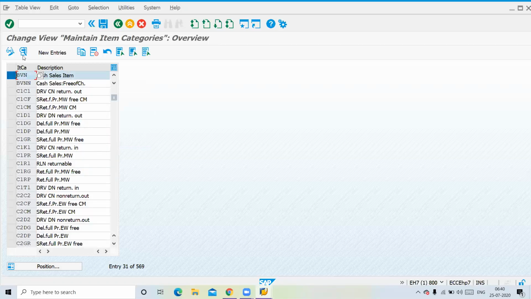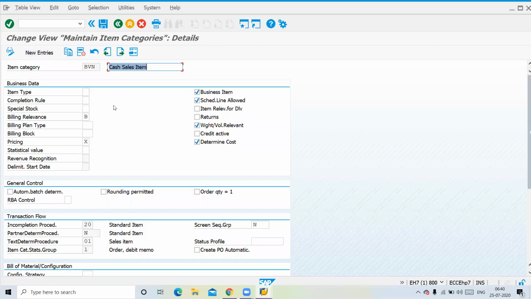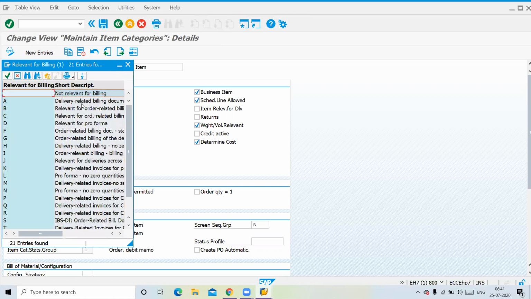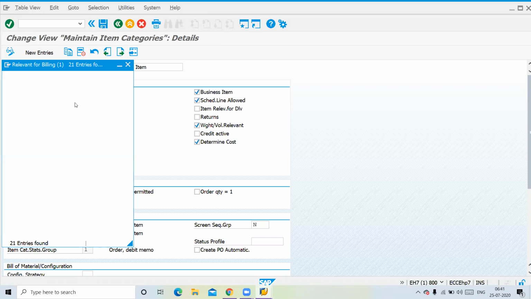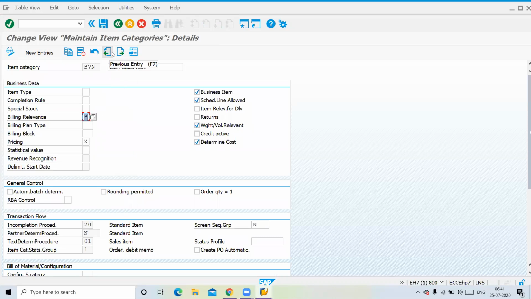Okay, let's try to compare. See, it is order relevant billing. If you see here, it is relevant for order related billing. That means immediately, when you go to the counter with your products, the bill will be generated just like that by using your point of sales machine. In the similar manner, if I compare for TAN, it is delivery related billing.